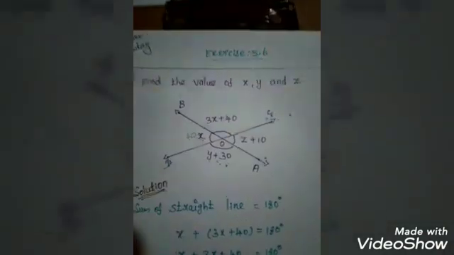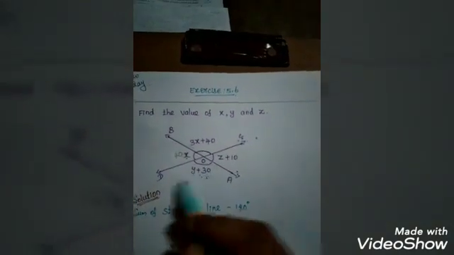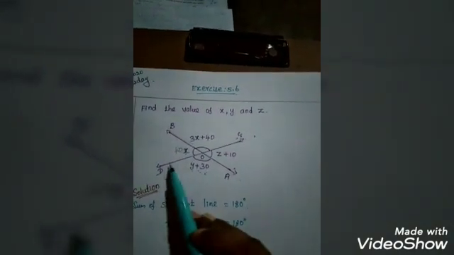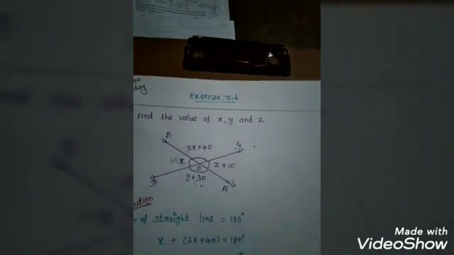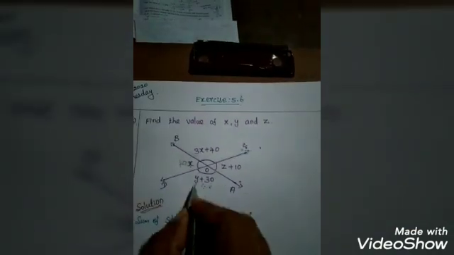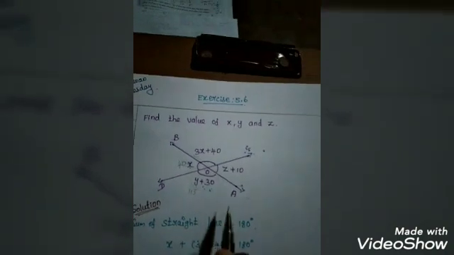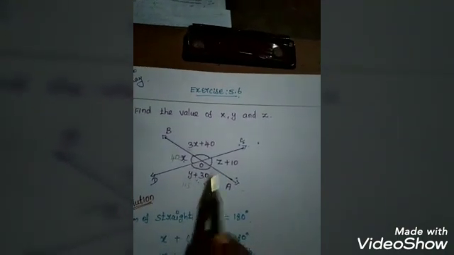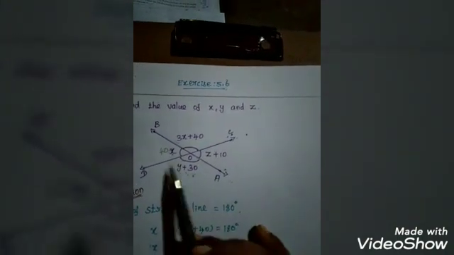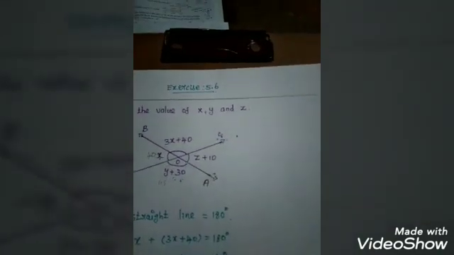Next one, we find out the value of z. So take that, this is the straight line. Put the value y equal to 115. Okay, 115 plus 30 plus z plus 10 is equal to 180. This is a straight line. Okay, do you understand this?